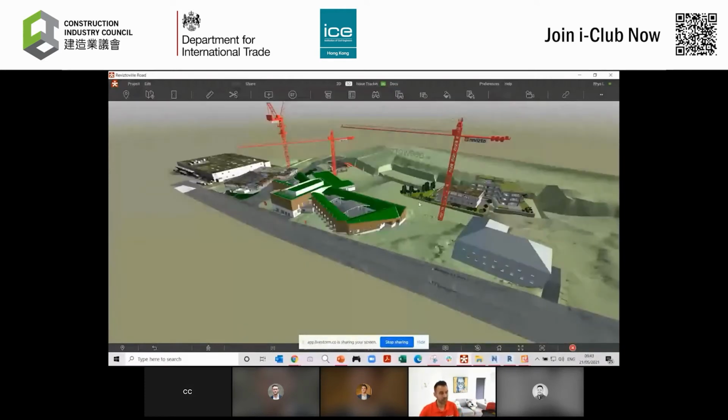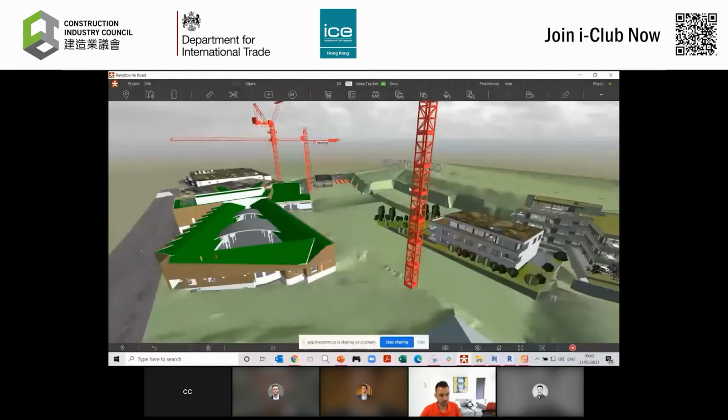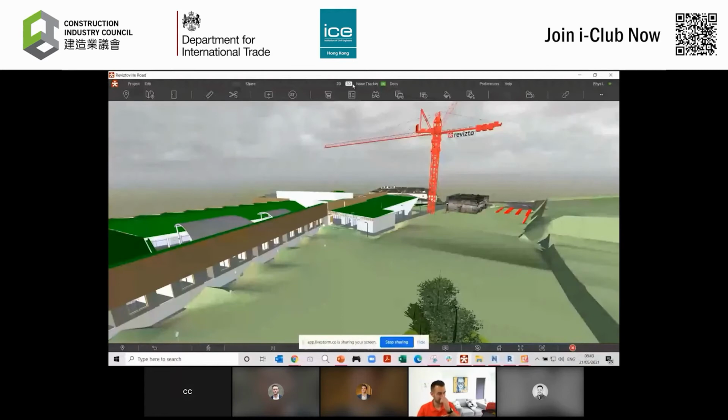So using gaming controls, I can really start to navigate through this project and start to ask questions to the project team about a variety of things. And I'll come back to that in a little bit. So we've moved from 2D to 3D. Let's jump to